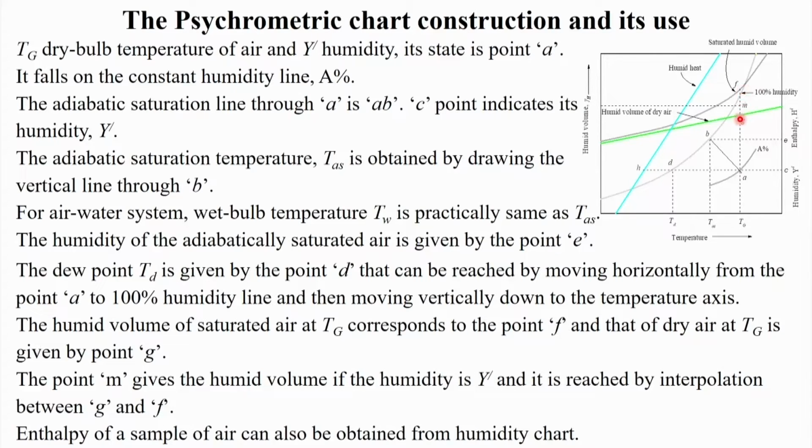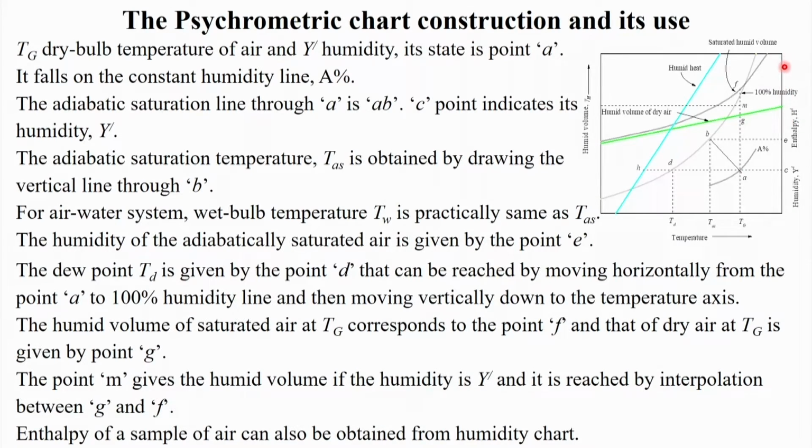And this one, another green line is there, that we can see is the humid volume of the dry air. Then we can say it has touched at point G, and that G is nothing but the humid volume of the dry air at Tg. Okay. And you see, the enthalpy of the sample of the air can also be obtained the same way,